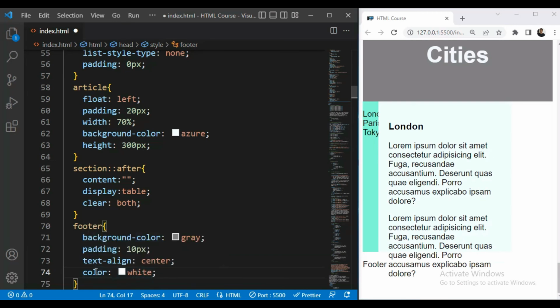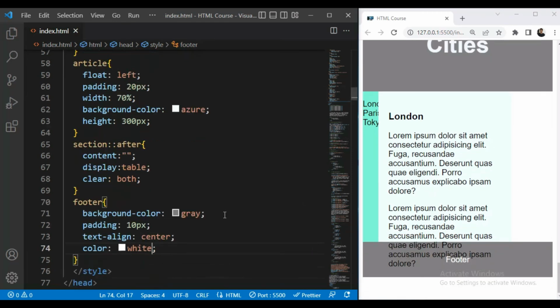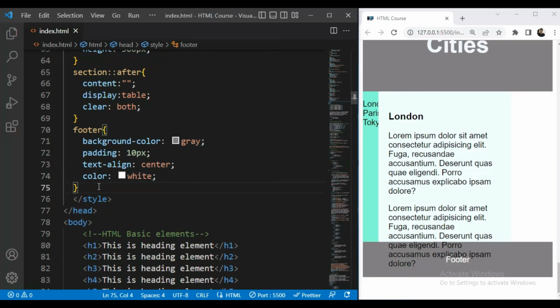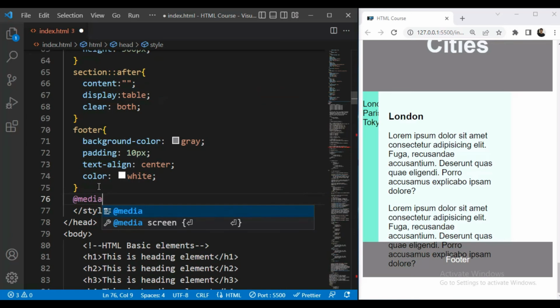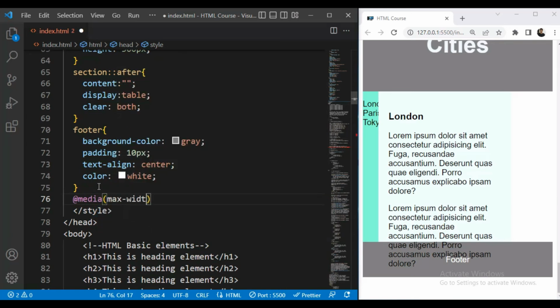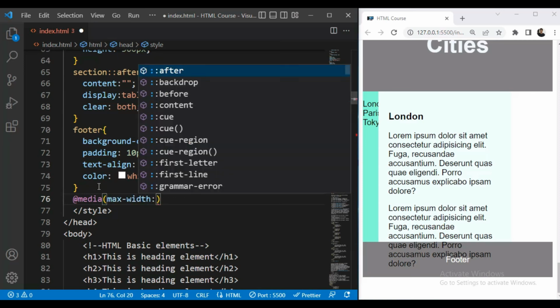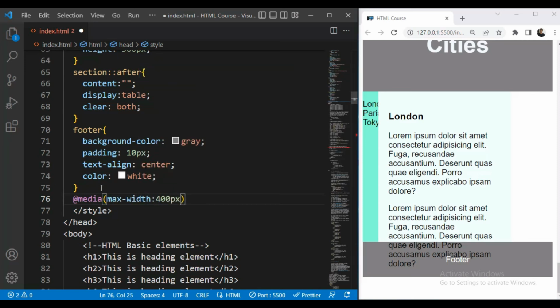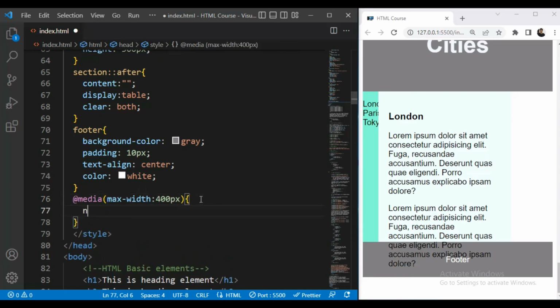Okay, now we'll add some media queries to make this responsive. So we'll write at media max width will be, for example, 400 pixel, and we'll write nav comma article, because this unordered list is inside the nav and we want to set this nav and article.